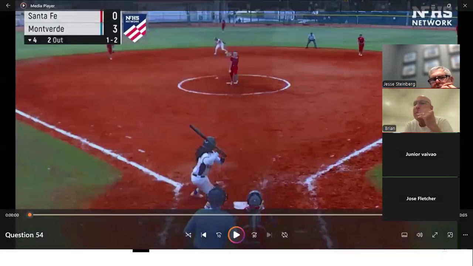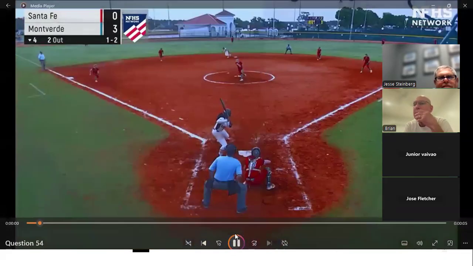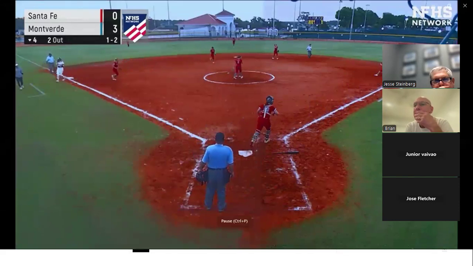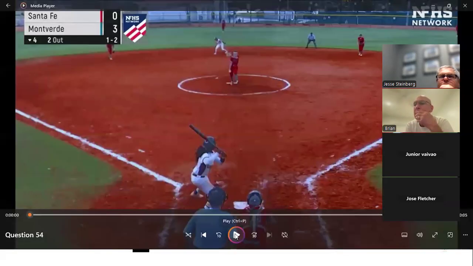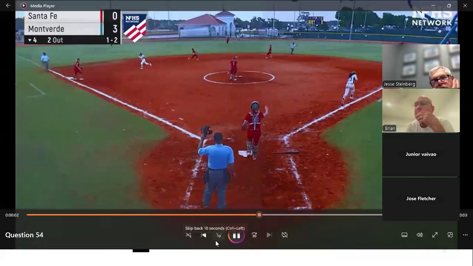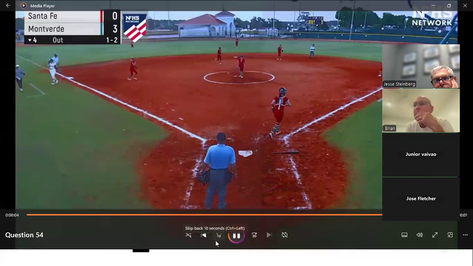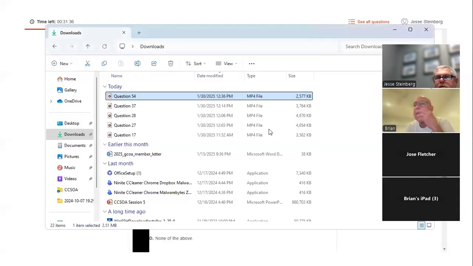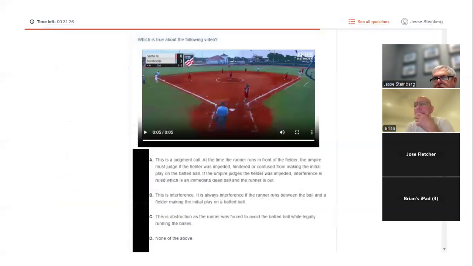Do you think either umpire in that video saw it? No. Here we go, let's watch it again. Okay, I want you to watch it a third time and tell me if the shortstop has any reaction to that runner running in front of her. No. And she made the play. Yep. Not that that matters, but well, it does and it doesn't.